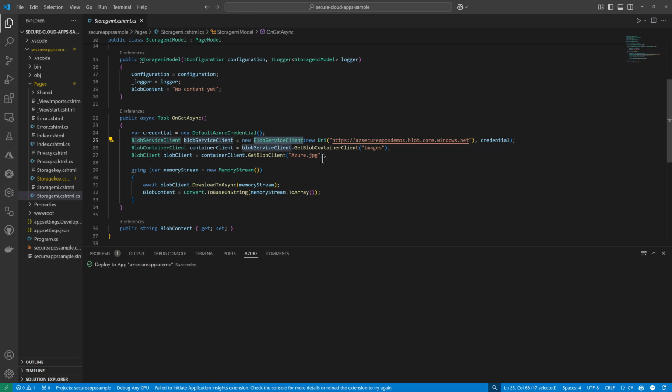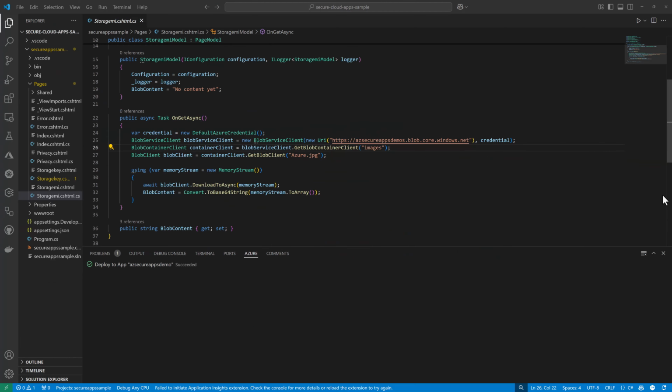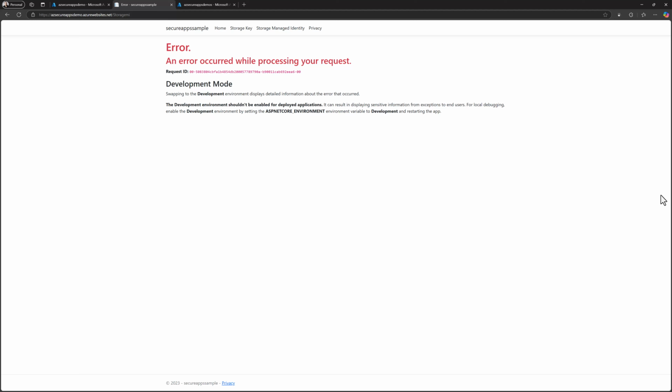So there's this blob service client, and I'm trying to get to this storage account using this object called credentials. And if we see credentials, I'm using that default Azure credentials. So I'm actually grabbing the managed identity and then trying to use the managed identity to access that storage account. But what happens? Well, what happens is I never set up